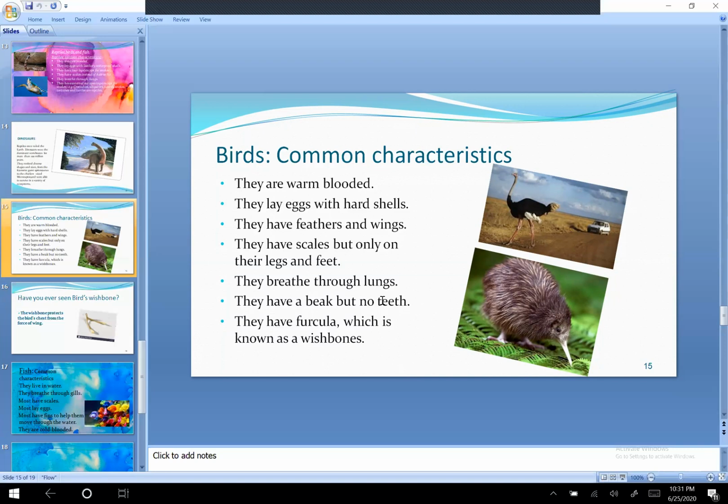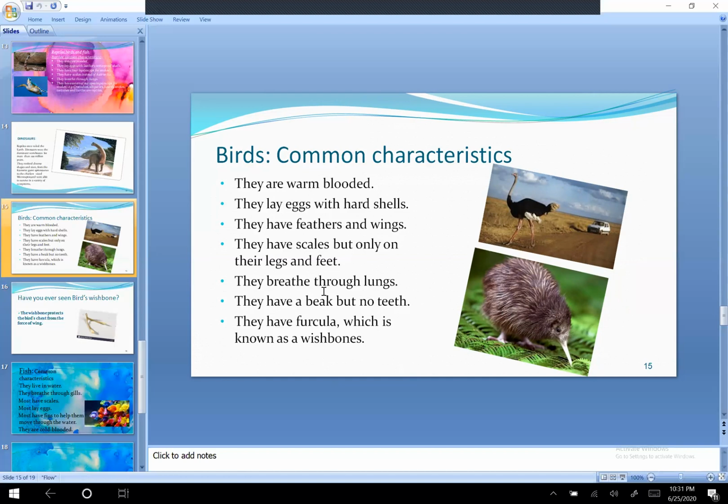They have a furcula, which is known as a wishbone. Children, if you have books in front of you, please open page number 26, birds. You can see over here in the last one where the kiwi, penguin and ostrich diagrams are. Over here it is written, no, not all birds can fly. The flightless birds include ostrich, emus, rheas, penguins, and kiwis. And I have given the diagram in front of you of the kiwi as well and the ostrich as well.